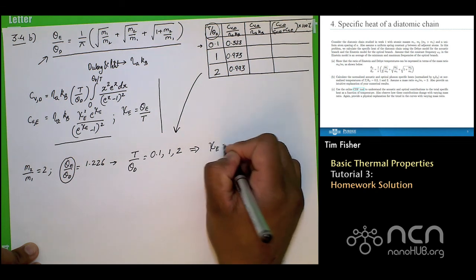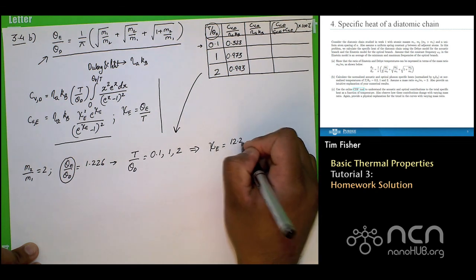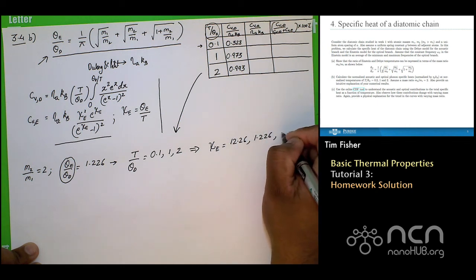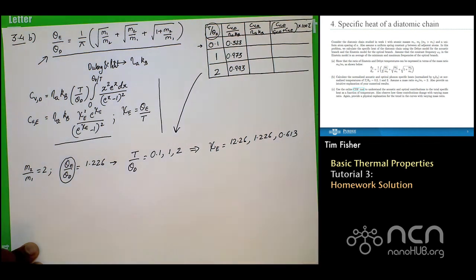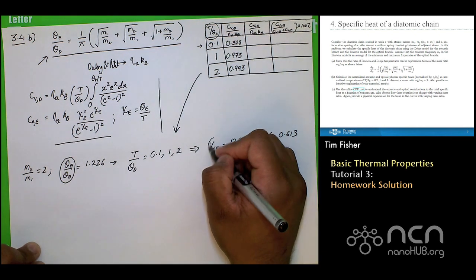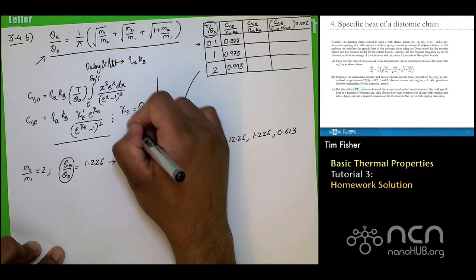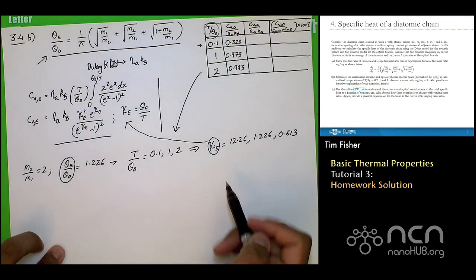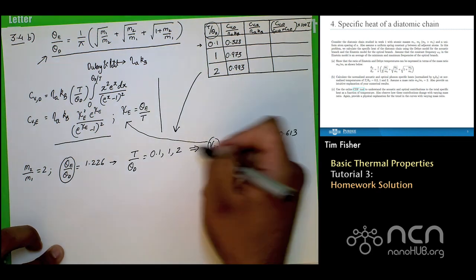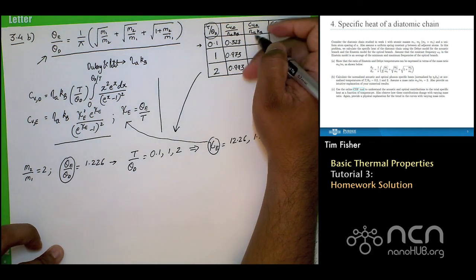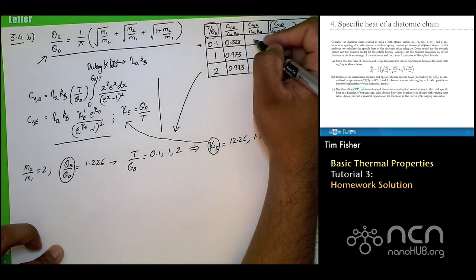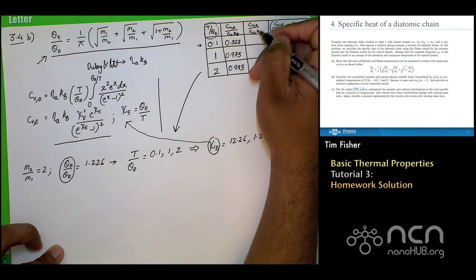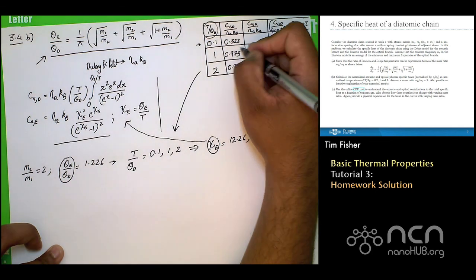chi sub E equals 12.26, 1.226 and 0.613 respectively. And we require chi sub E to calculate the optical phonon branch contribution to the specific heat. Okay, so if I plug in these numbers, I can populate this table with the following numbers. So the normalized Einstein specific heat at these temperatures is given by